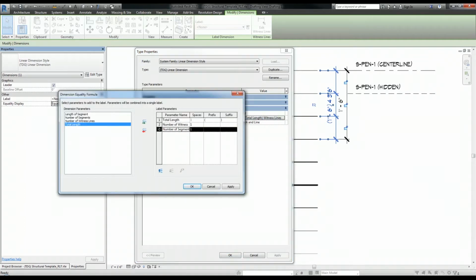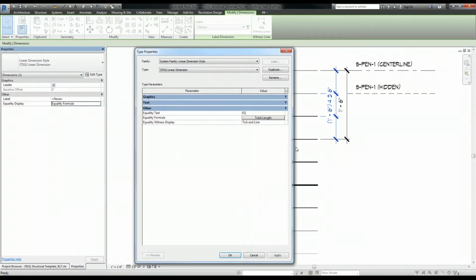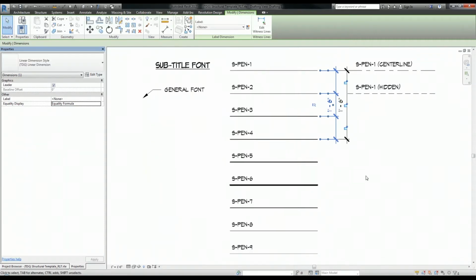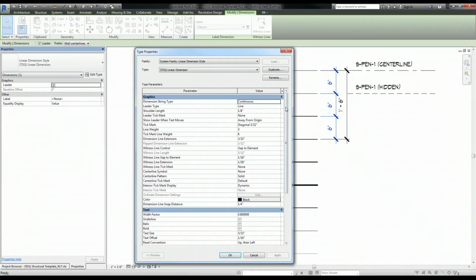So I'm just going to remove all these here and leave it at the default of total length. I find this total length kind of redundant because if you have another dimension string on the outside that identifies the overall length of this equality string, then that's kind of redundant. So I'm going to click OK here, and I'm going to change this back to value